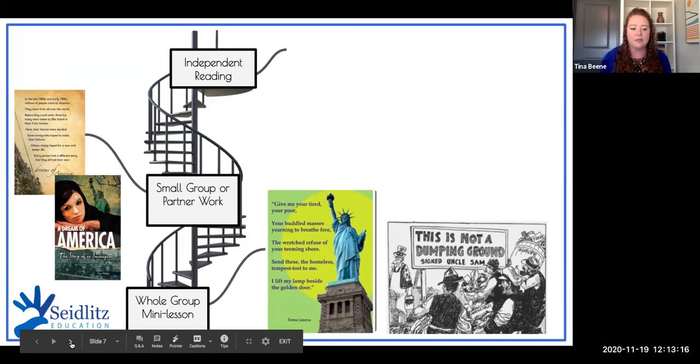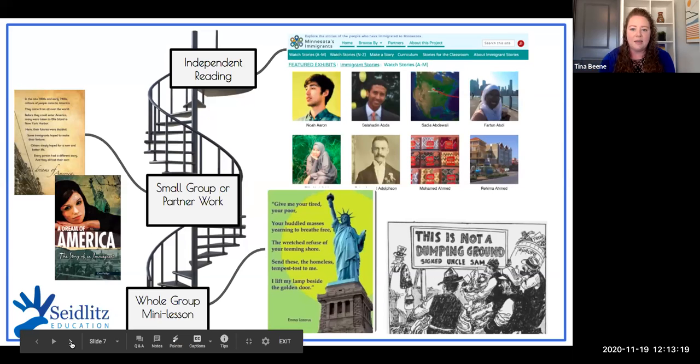And then we move into an independent piece. The way I sneak in independent reading is by not doing it in book form. Kind of like the way if you have a toddler, you sneak veggies into their dinner, right? You hide it in a lasagna or something. This is the same idea. So if you're not familiar with this resource, it's my favorite thing on the internet. Minnesota has done a fantastic job of collecting the stories of their immigrant citizens. And you can go to this website, which I have linked at the end of the session, and find all of these stories that people have recorded of their own experience as an immigrant.